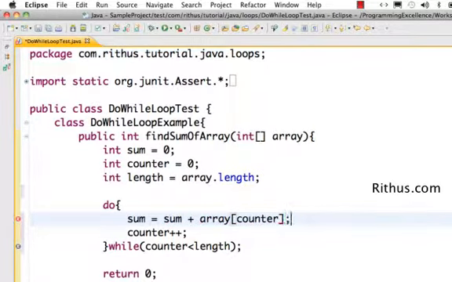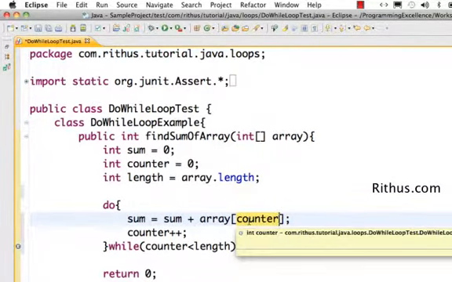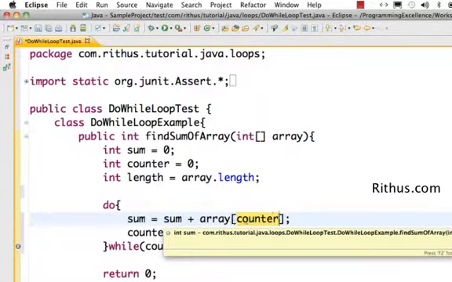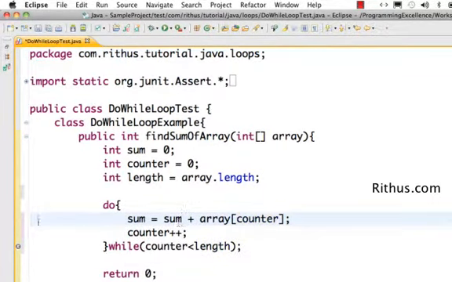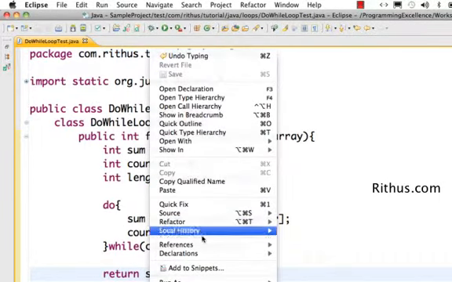When the loop has a value 0 for counter, it takes the first value of the array and adds it to sum, then it takes the second value and adds it to sum, and the third value, and so on until the end of the array. That's how this do while loop works, and at the end I want to return the sum back.